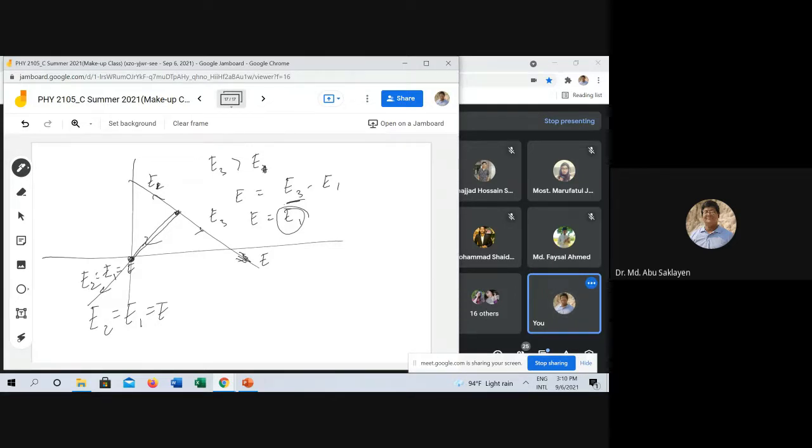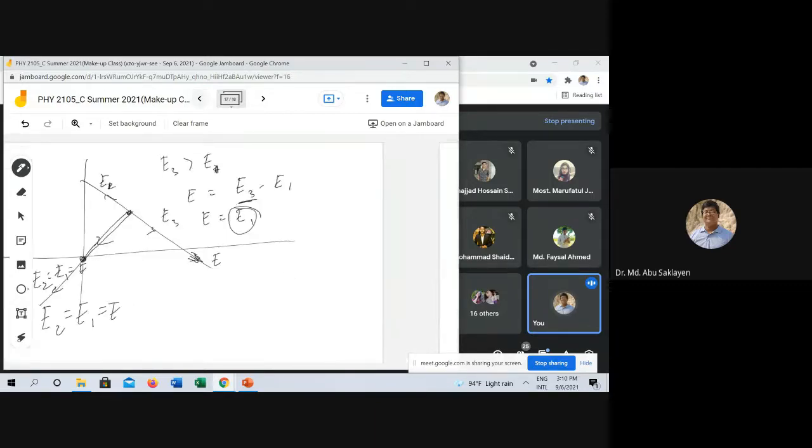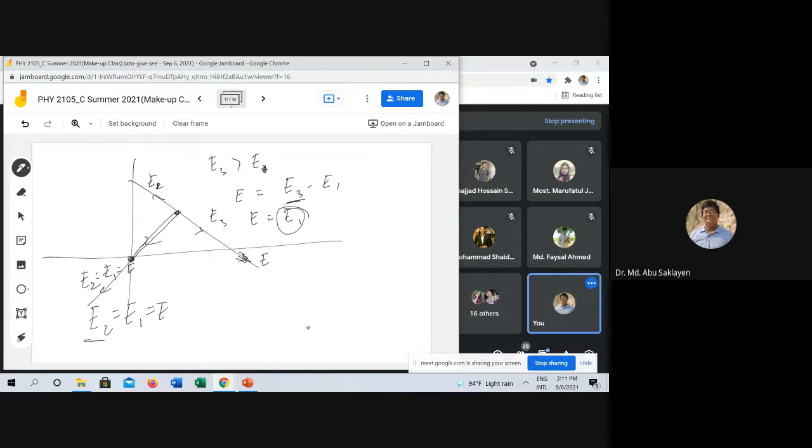Clear? So we are getting two fields. এটা এখানে ছিল, আমরা এটাকে এখানে নিয়ে আসলাম প্যারালাল, এটা E, and another one is this, এটাও E. Do you have any confusion? We write it. E2 equal to E1 equal to E. Okay. So here